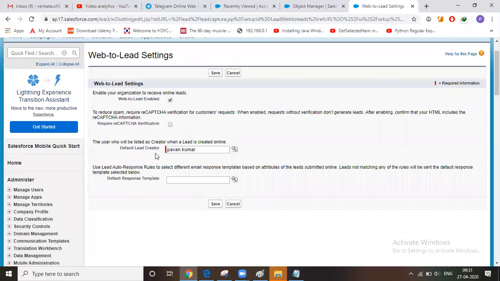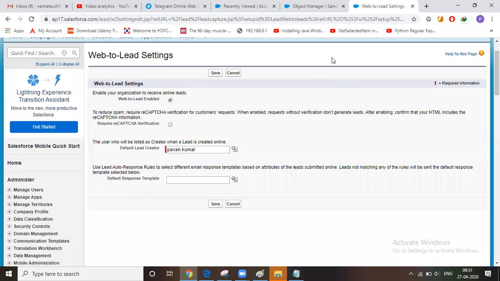What is the functionality of web to lead? This generates a lead through the website. So through the web, we will receive the inquiry form, I mean, customer details: email, first name, email ID, mobile number.